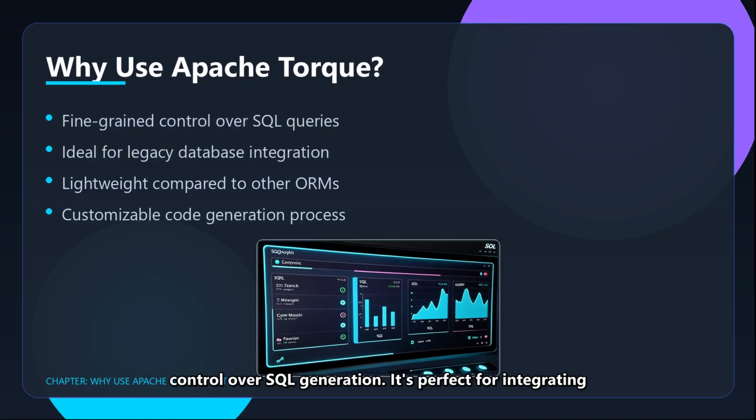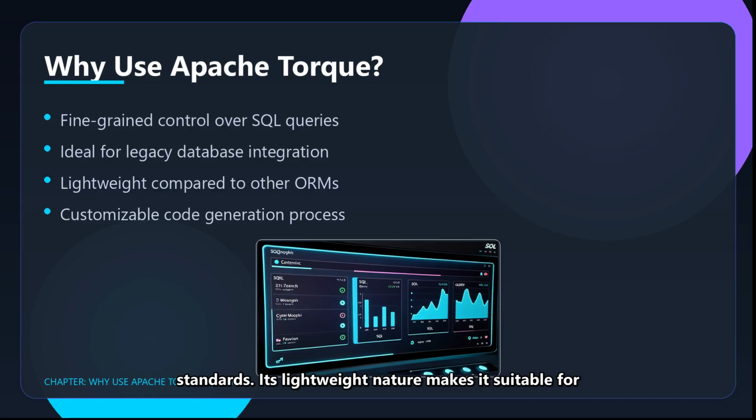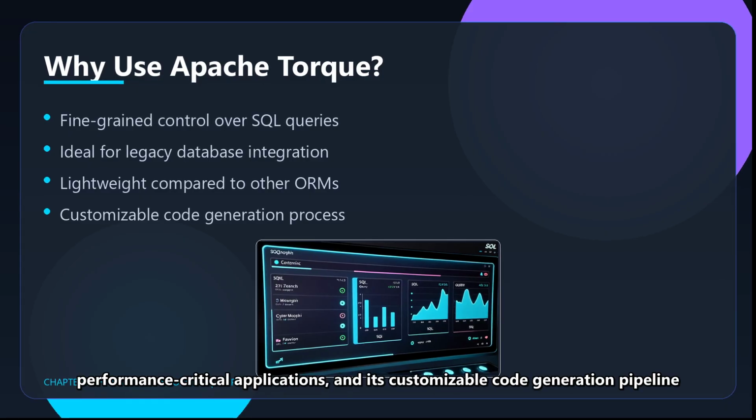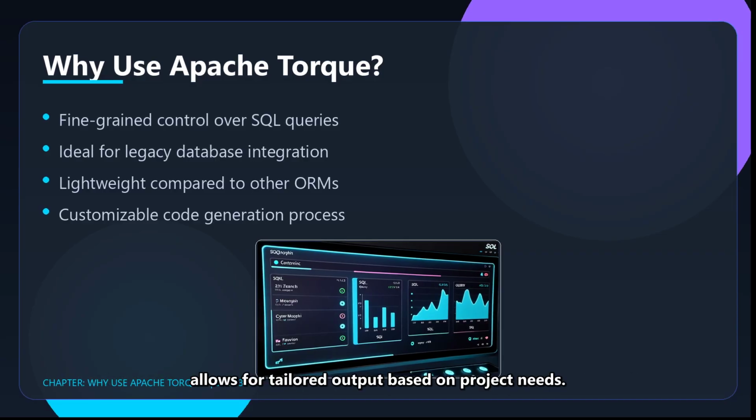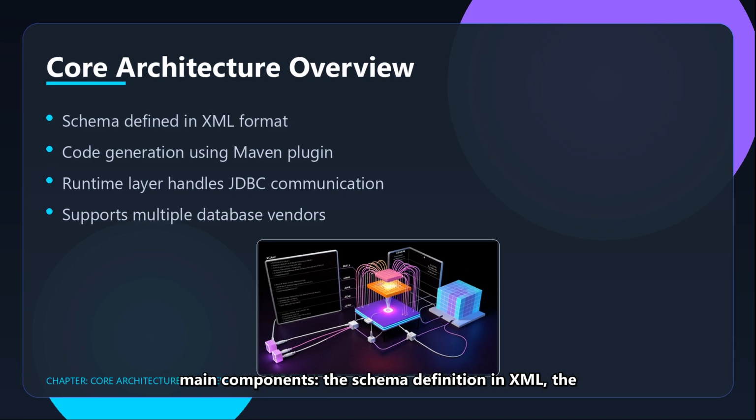It's perfect for integrating with legacy databases that don't conform to modern standards. Its lightweight nature makes it suitable for performance-critical applications, and its customizable code generation pipeline allows for tailored output based on project needs. The architecture of Apache Torque revolves around three main components: the schema definition in XML, the code